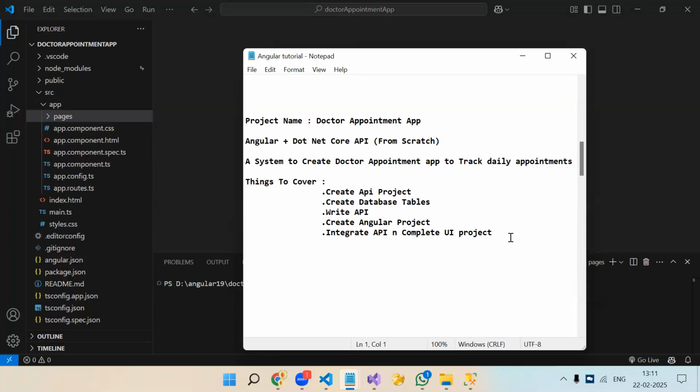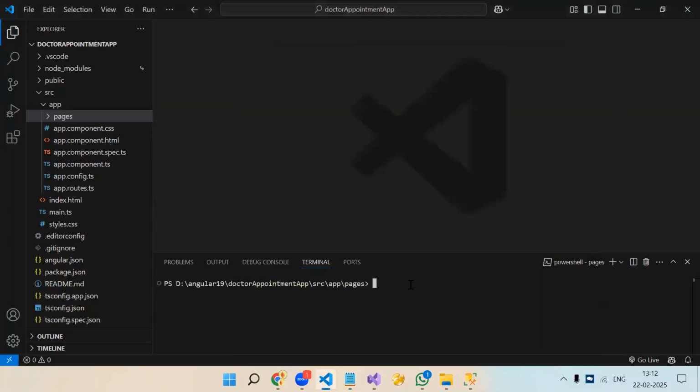And after login, we will have a dashboard where we can see total number of patient today, done patient, remaining patient, something dashboard kind of API will be there, right? So dashboard UI will be needed then and the remaining three components which we discussed. So let's create the component first. And one more, this is going to be an admin kind of application. So whenever we say admin kind of application, by default login page will be visible. And after login, we will have that navbar and everything. So for achieving this structure, we need an extra component, which will be a parent component after the login. So ng generate component, that parent component name I'm giving as layout. So this is the first component,